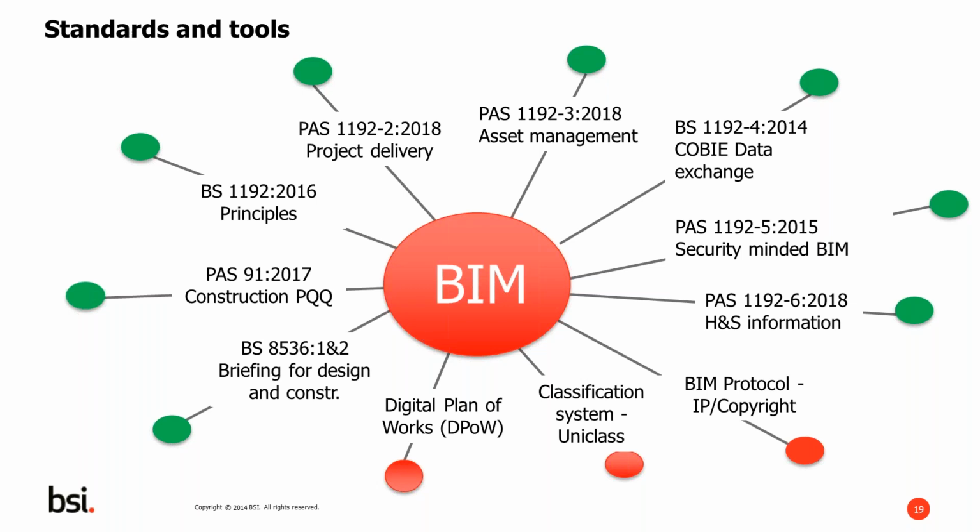PAS 1192 Part 3, which focuses on asset management. BS 1192 Part 4, which focuses on data exchange and how that information is changed between the different stages during the asset lifecycle. And then, very importantly, PAS 1192 Part 5, the security-minded approach to building information modelling and how